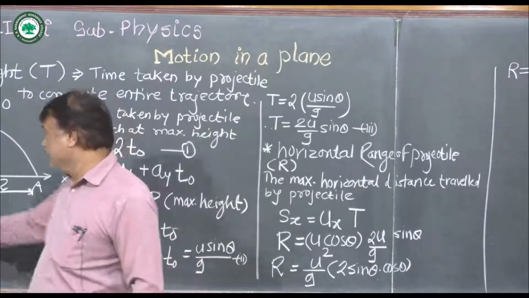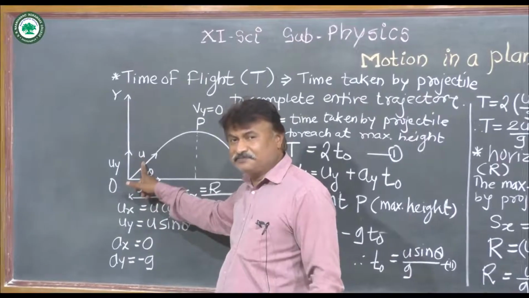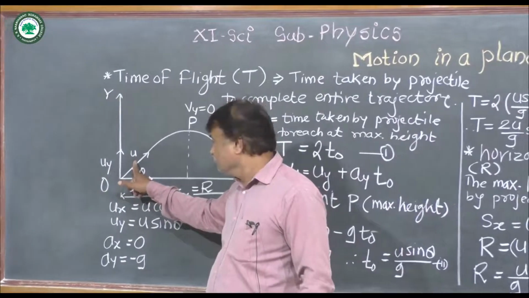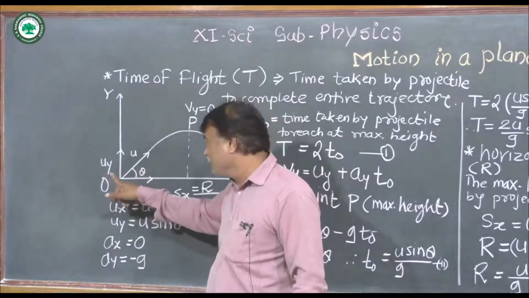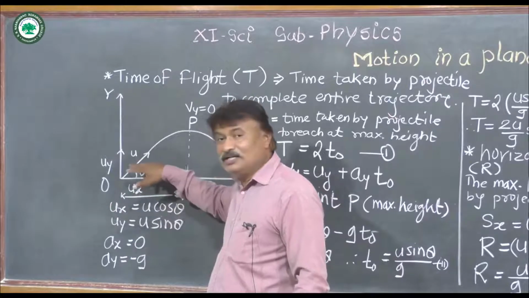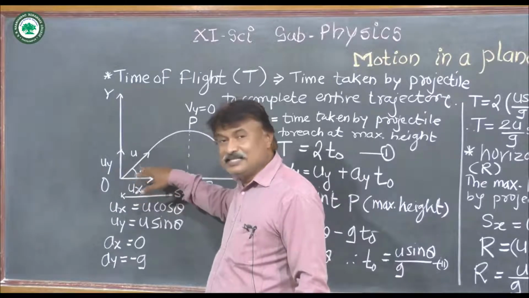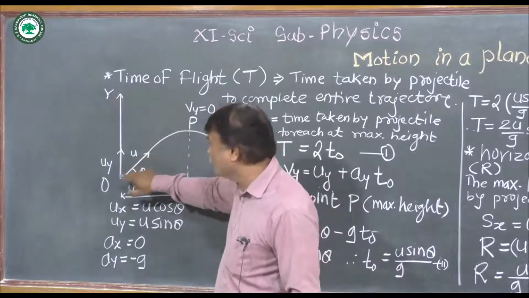Now see in this diagram, if this u is the initial velocity of a projectile which is projected from point O, making an angle theta with the horizontal, and if this theta is exactly equal to 45,